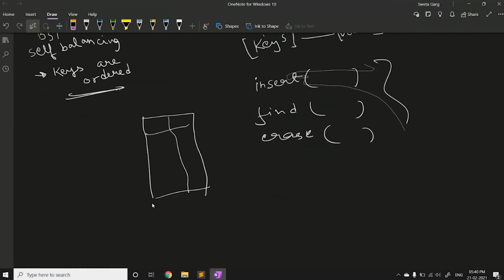If you have attended our previous sessions, you know what a pair is. So a map is nothing but a collection of key value pairs.